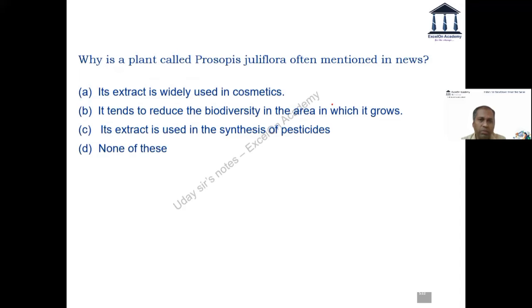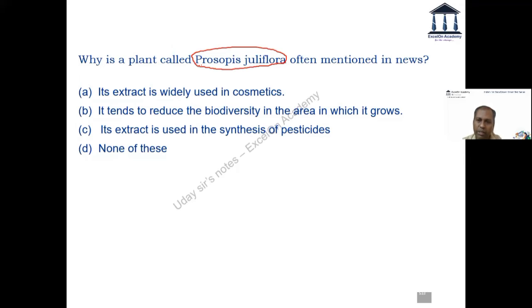Why is a plant called, how do I pronounce this, Prosopis juliflora, often mentioned in news. So it's a very specific current affairs question asked in 2018. Someone has read the question paper, or can someone guess this? This is again a news item from Tamil Nadu actually. There was one wild variety of this plant which started growing and started threatening the existing plants in that region. So much so that the Madurai bench of the Madras High Court even